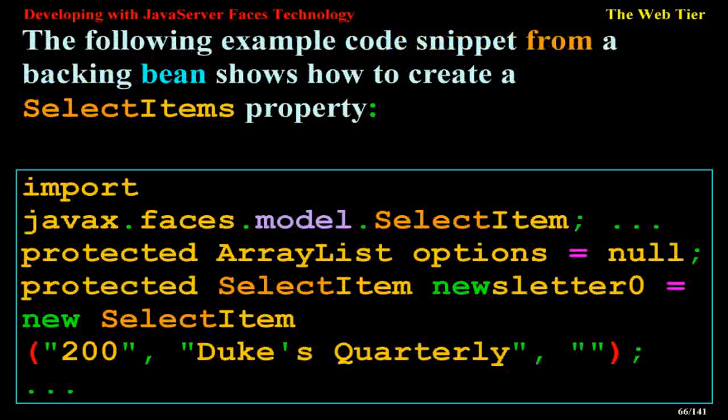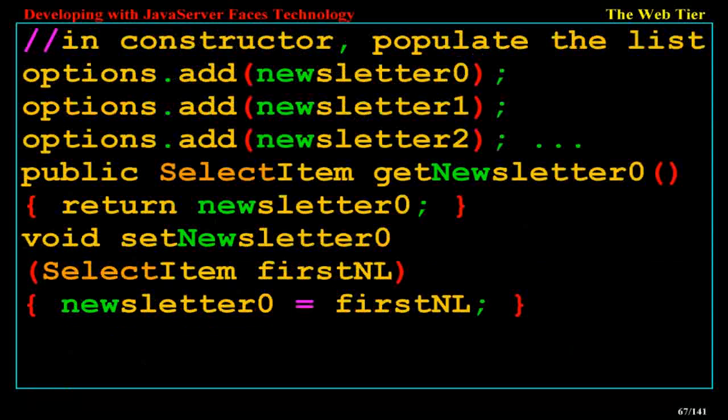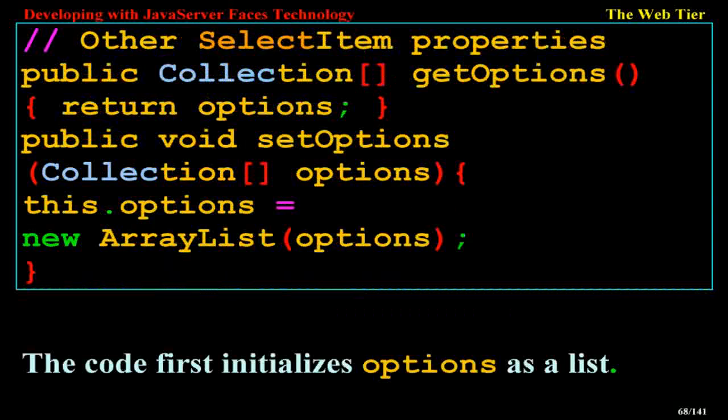import javax.faces.model.SelectItem; protected ArrayList options = null; protected SelectItem newsletter0 = new SelectItem("200", "Duke's Quarterly"); In the constructor, populate the list options: options.add(newsletter0); options.add(newsletter1); options.add(newsletter2); public SelectItem getNewsletter0() { return newsletter0; } void setNewsletter0(SelectItem firstNL) { newsletter0 = firstNL; } Other SelectItem properties: public Collection getOptions() { return options; } public void setOptions(Collection options) { this.options = new ArrayList(options); }